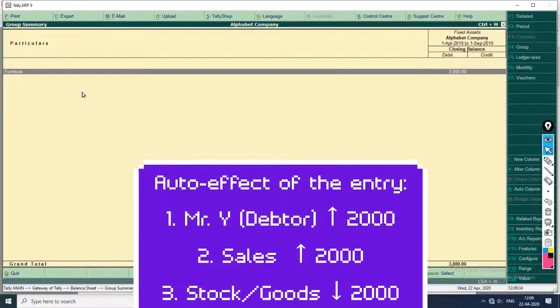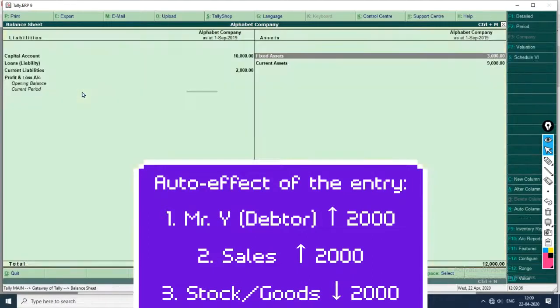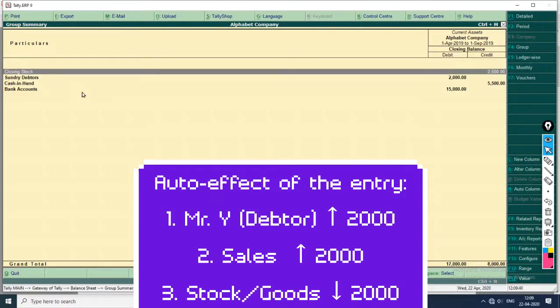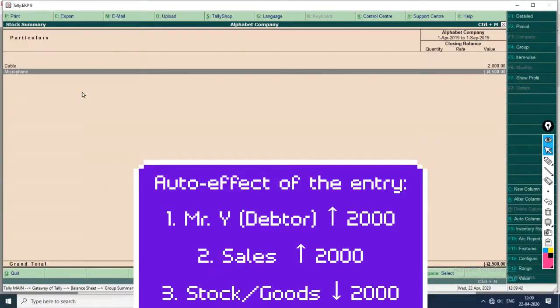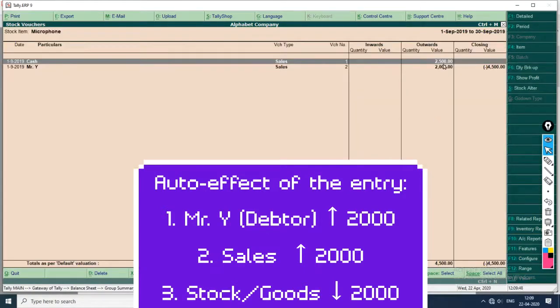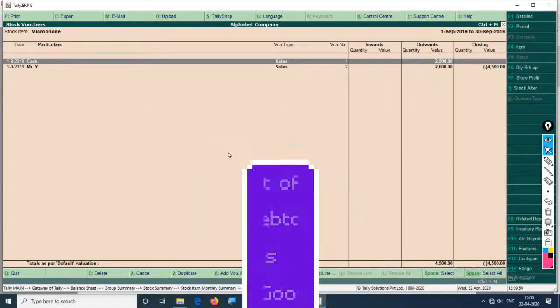And the second effect that came in is that stock of microphone is minus 4,500. If you open it, it will show you right here 2,500 sale of cash, and to Mr. Y we have sold rupees 2,000 worth of microphone.